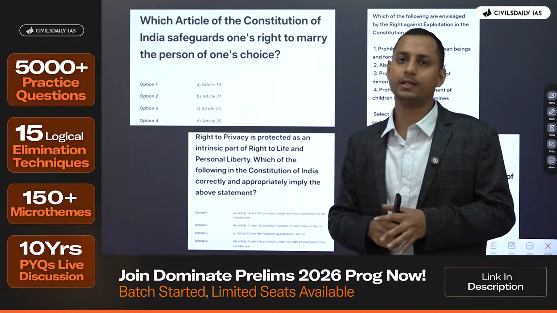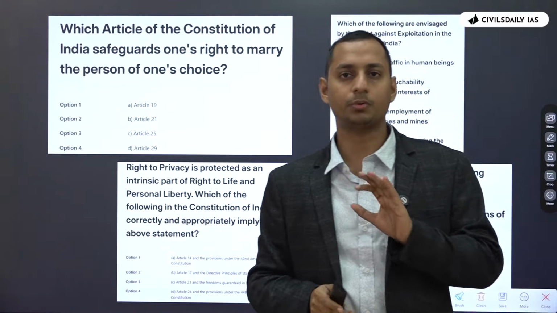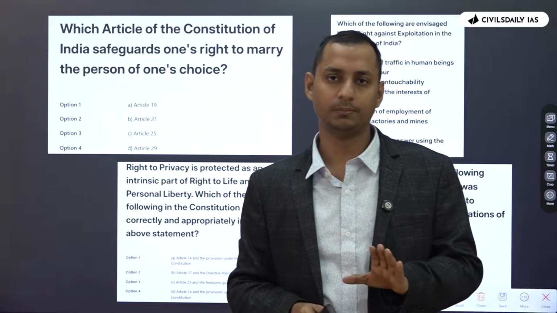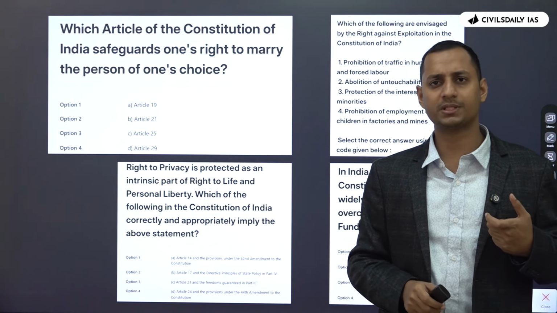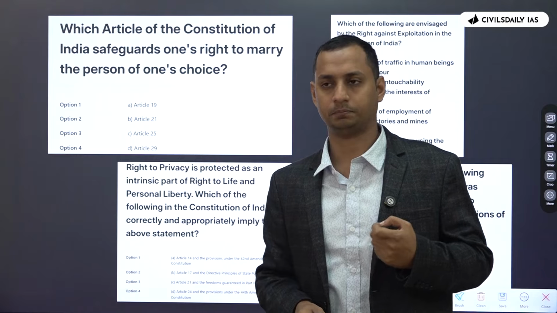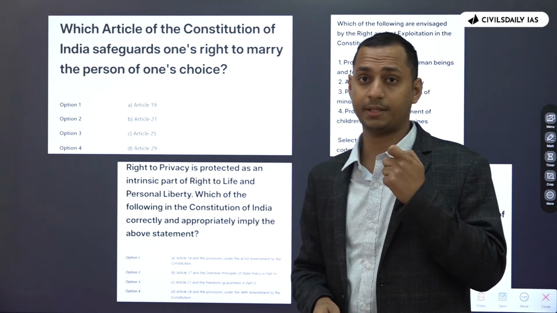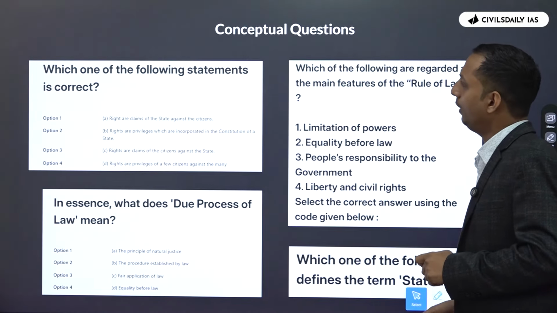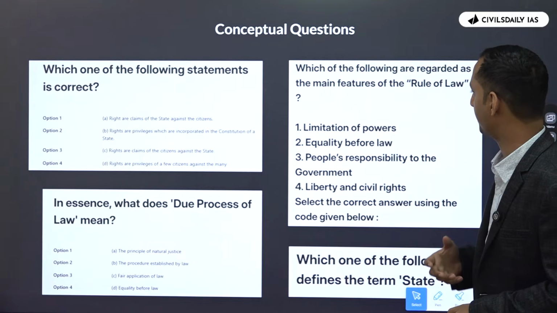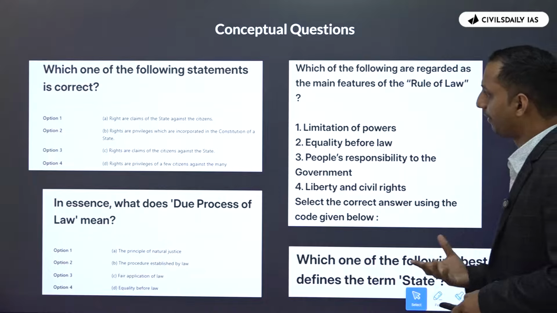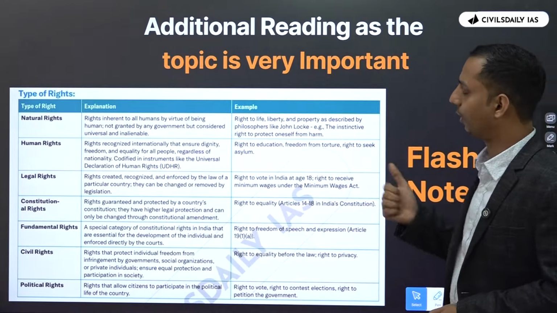You need to read at least the 10 or 20 most important judgments of 2020, 2025 and also 2026. And if UPSC mentions any fundamental right there, UPSC will ask about the same. And you have a mix of conceptual questions as well: rights versus states, due process, rule of law, the definition of the state, all these.